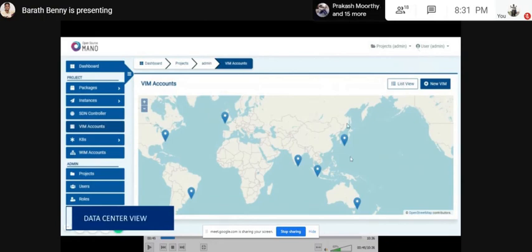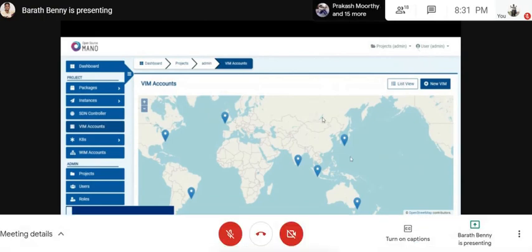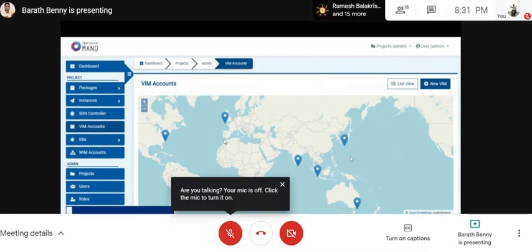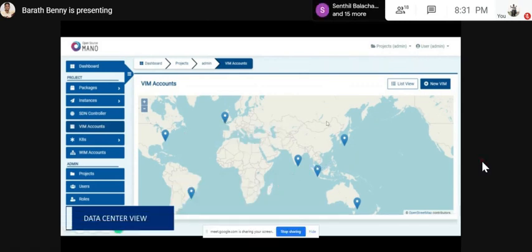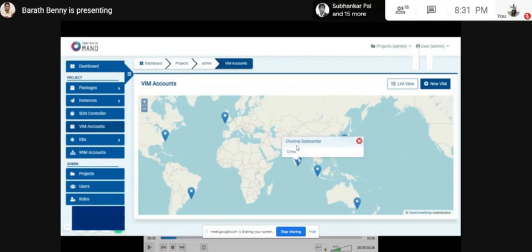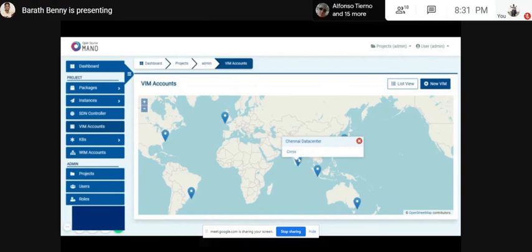And we have created an action button over here, and this is our new data center view in the map. This section takes overall VIM data centers. It will cover all the latitude and longitude based on what was given in the VIM account creation. It will place the map icon over here, and it will indicate whether the instances are